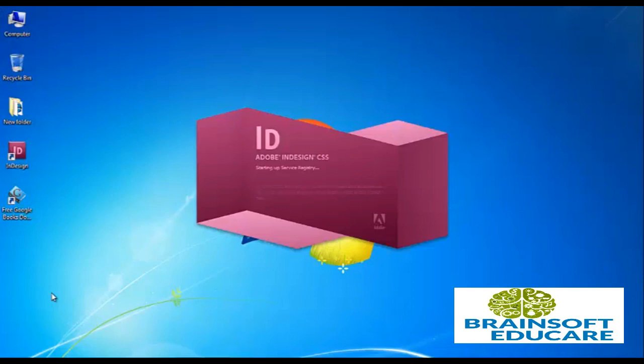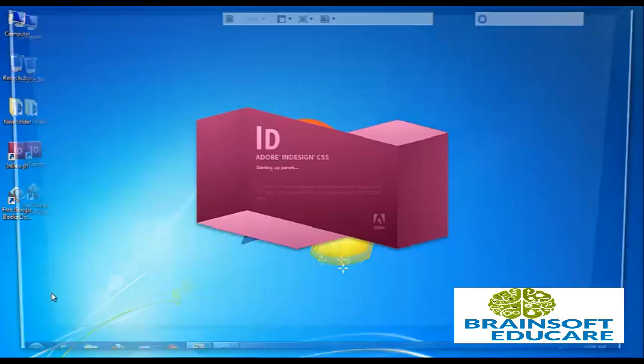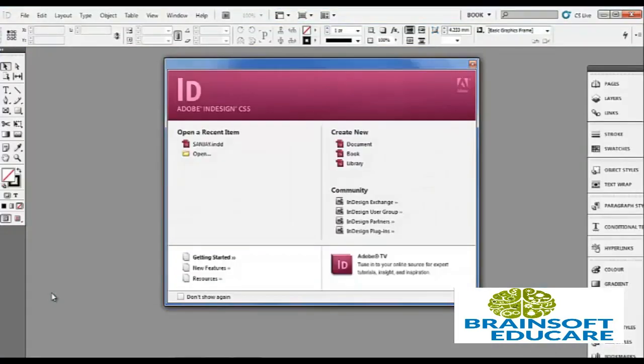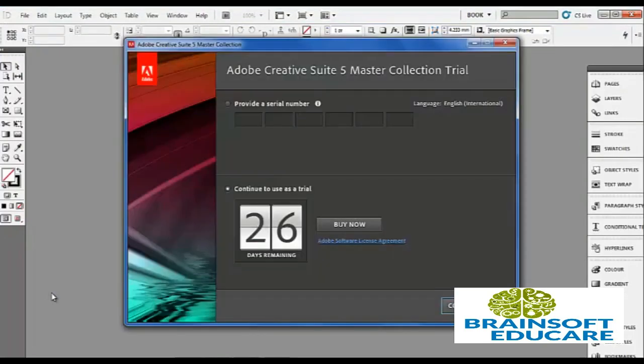We can also click on the InDesign shortcut on the desktop. Here we are using the trial version, so click on Continue Trial.